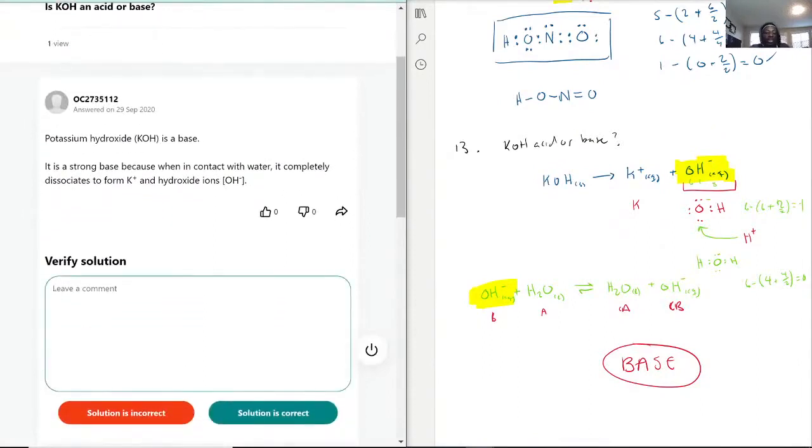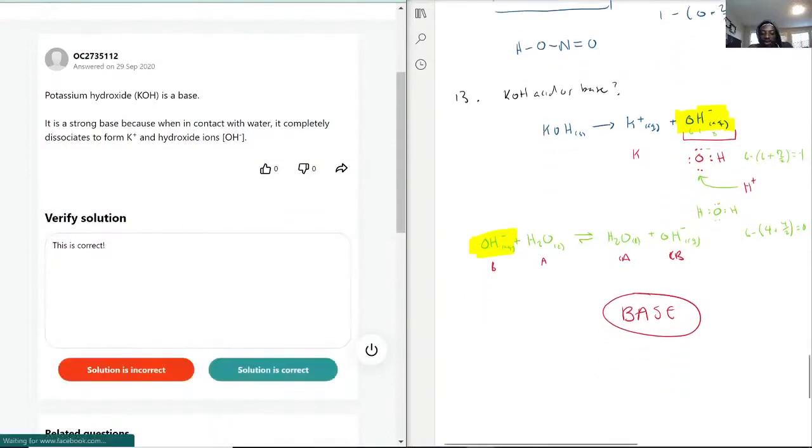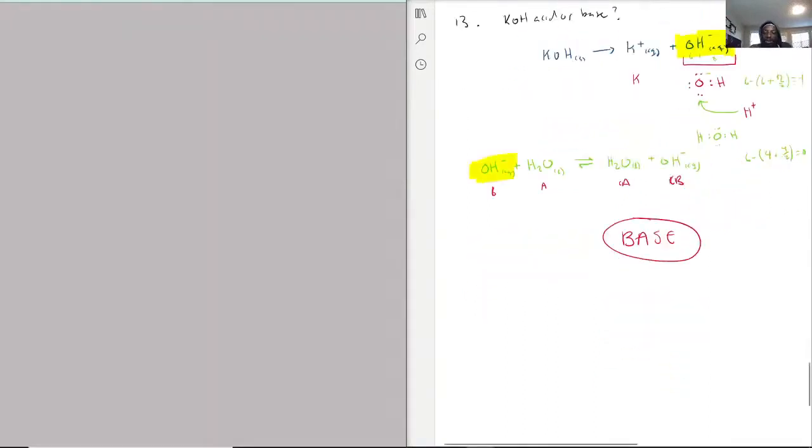Point being though, when they say it's a base, that is correct. Okay, so KOH is a base because it separates to form K plus and OH minus, and it's the OH